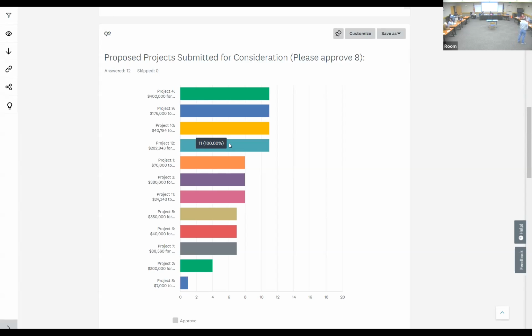The fifth, sixth, and seventh, how many votes do they have? I think 7. 7 or 8? It looks like there are 8 votes. And 8 is still a majority out of 14 people. And those projects are the reduction of SDCs for the city of Newberg, the essential city staff payment, and the downtown gift card program.